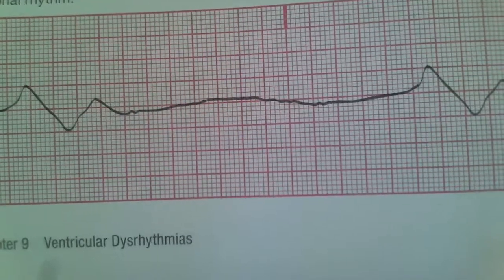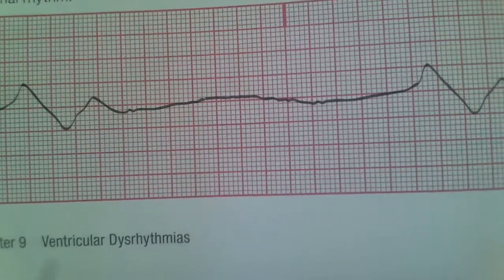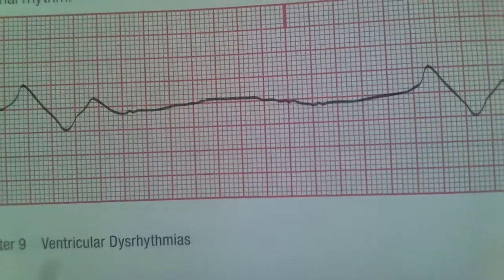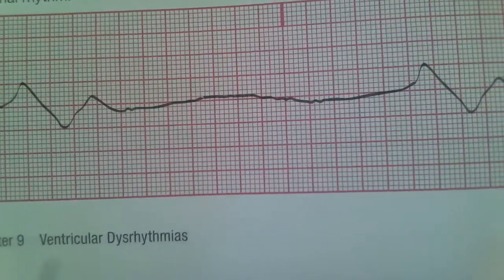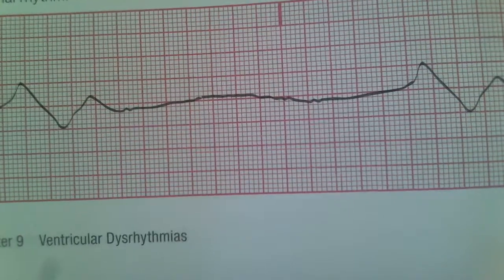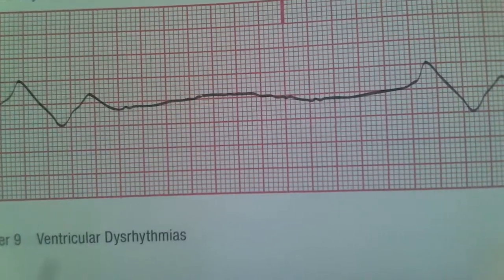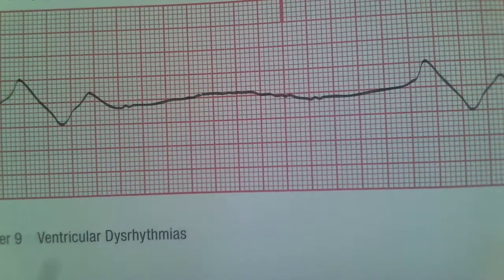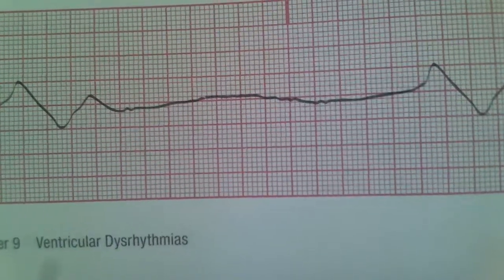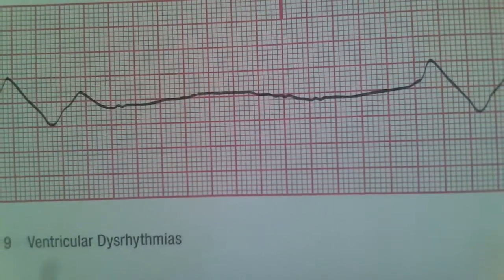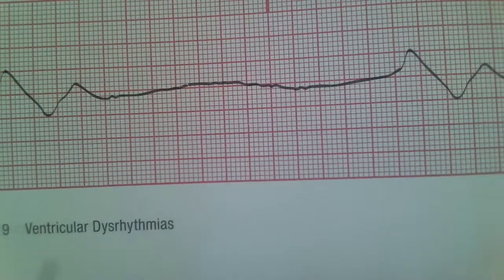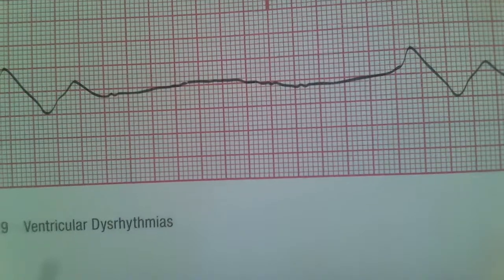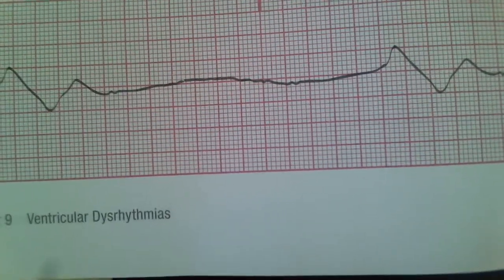This is non-life sustainable. It is a lethal rhythm. This occurs when a patient is dying. CPR needs to be going on if this is the patient's underlying rhythm and the patient wants to be saved or resuscitated, but this is not conducive to continuing life. And this is an agonal rhythm,